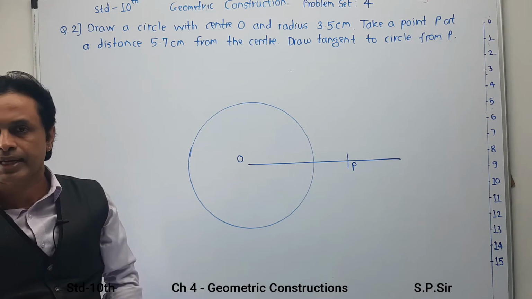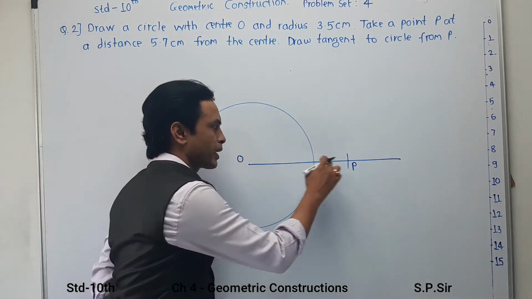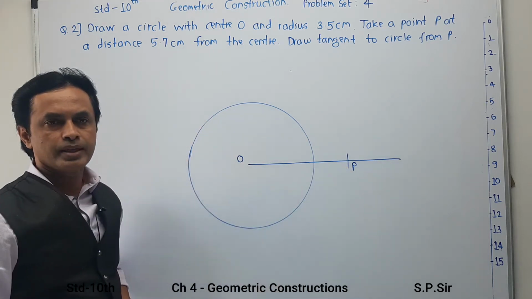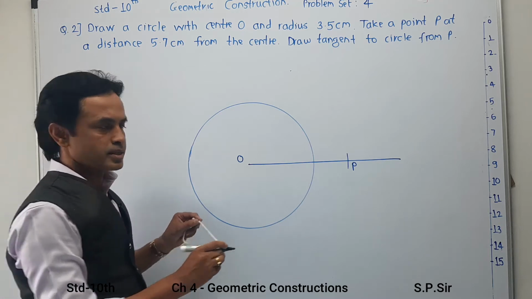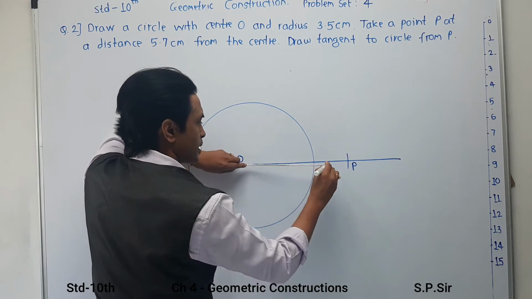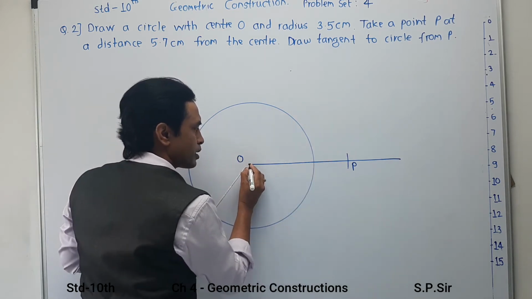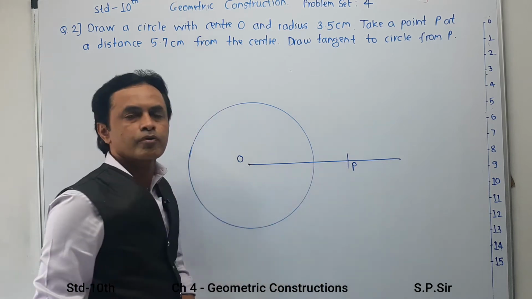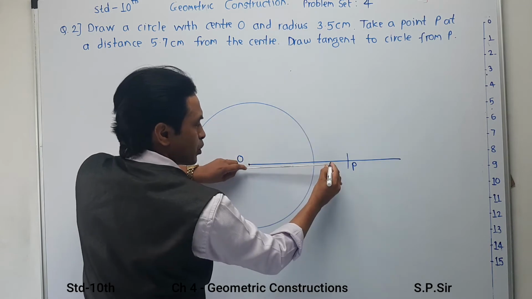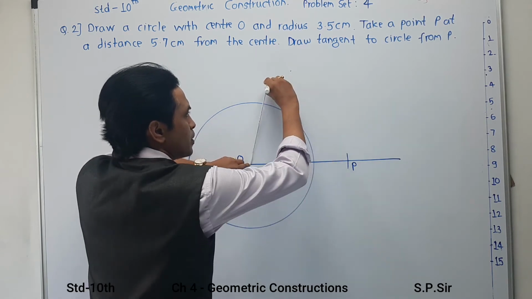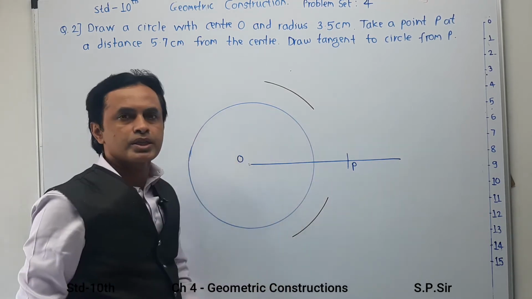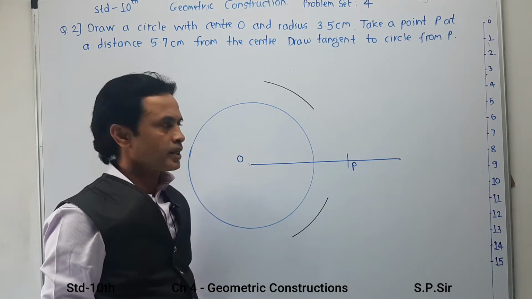Next, in the second step, we have to draw the perpendicular bisector of OP. In this case, in the compass, take a distance more than the radius of the circle so that your marking goes outside the circle. First, you have to take two centers: first is O and second is P, from which you are going to make marks. Your marking will be taken with more than the distance of the radius. Your first arc is over here and the second arc over here. And take the precaution that your marking must be outside the circle. This is the first part.